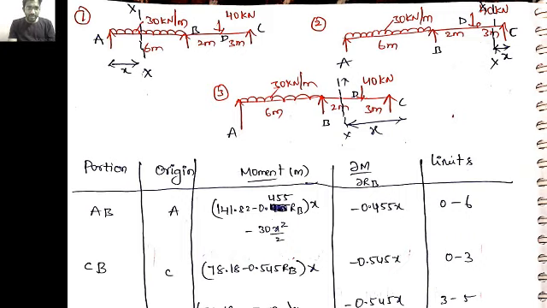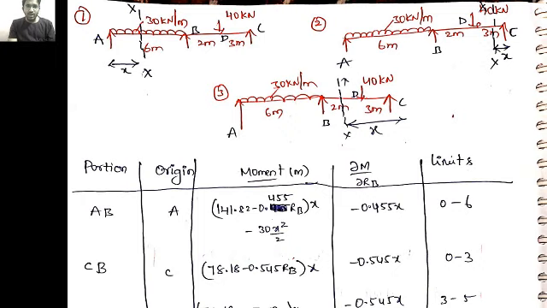Okay, so for the AB span, the origin is A. How to get the moment? First cut the section in the portion AB at XX. So what is the moment at this particular point? RA into X. RA we already derived in terms of RB. So that is RA into X, and there is a uniformly distributed load over the X portion, that is 30 into X by 2. Here I have written 30 into X square by 2. This is the moment in the portion AB.